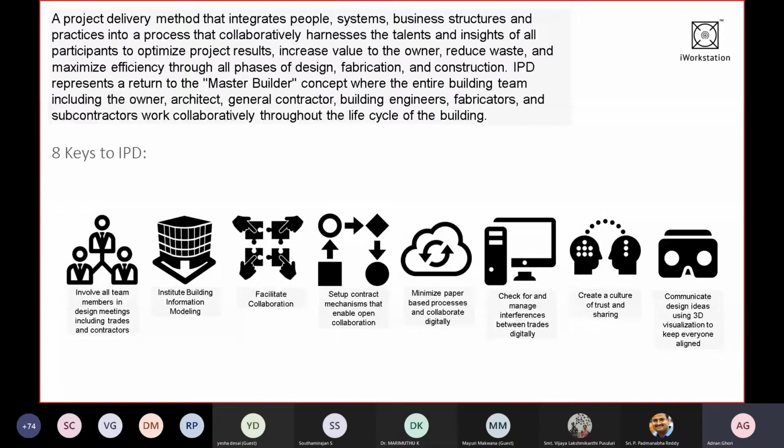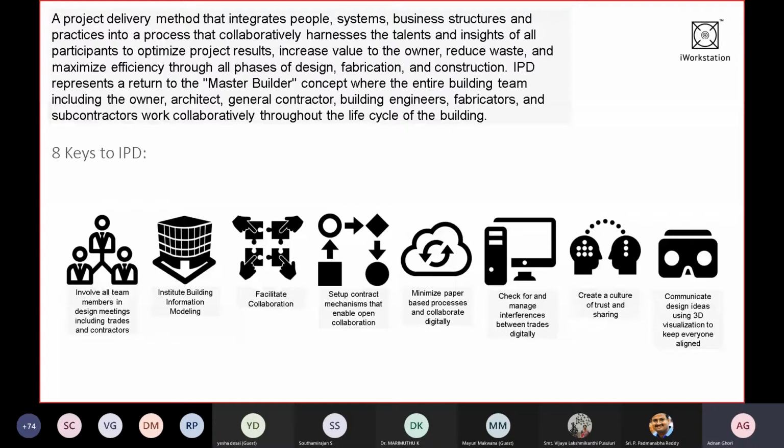It's not simple, it's a very long concept. It was first published by the AIA, that is the American Institute of Architects, in 2007. Later, in 2017, a lot of people who had applied it wrote another book called IPD, that is Integrated Project Delivery. A lot of people have contributed in applying IPD and understanding the case studies out of it.